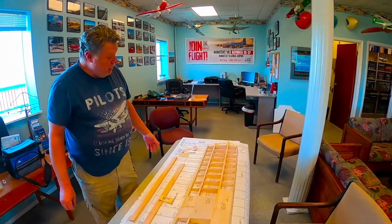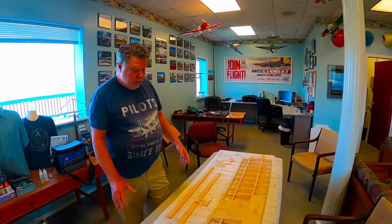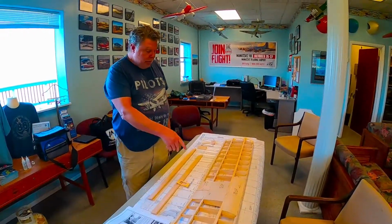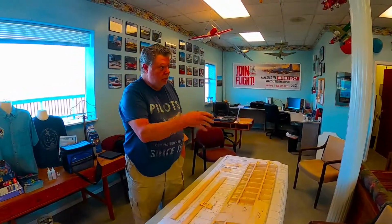That's pretty much it. We made great progress today, and I think the next time we get together and try to do some build, it'll probably be in a couple weeks, and we'll probably try to finish up the wing and get it ready to cover. And then we'll go back to the fuselage and finish up the fuselage, get it ready to cover, and hopefully at that point we can